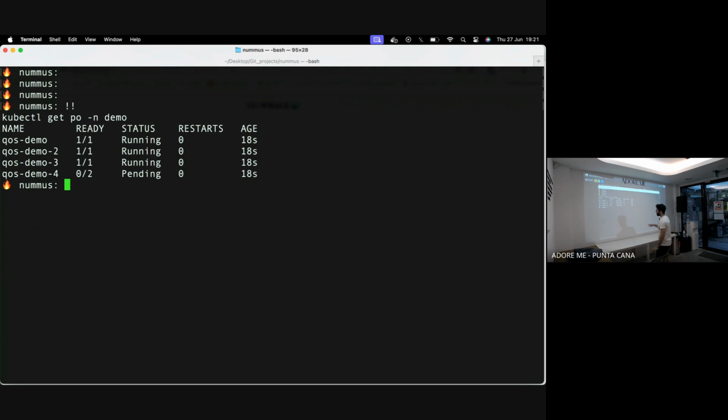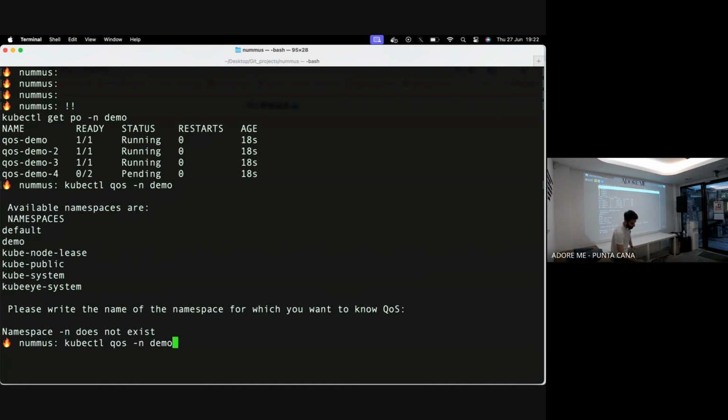So here we have 4 different pods which are running in our demo namespace. And as I said, we have requests and limits. And one thing which I highly recommend, I'm going to show you also this later, is to use the Kubernetes API imperatively. So for example, I just wrote a small script, which is actually packaged as a kubectl plugin. And if we take a look